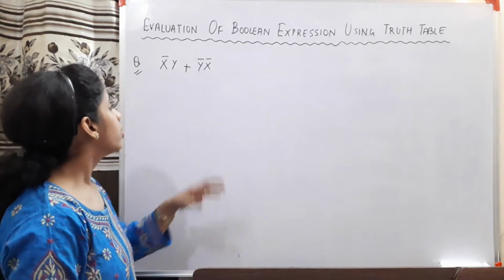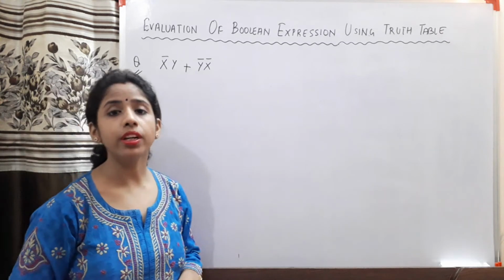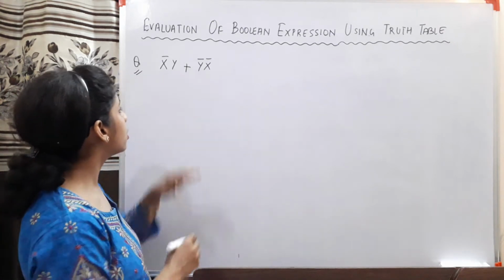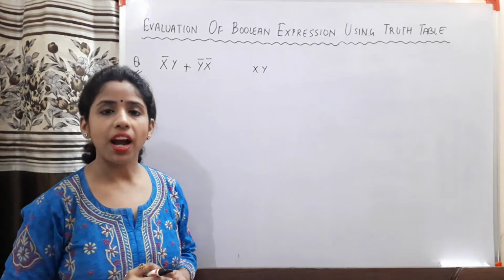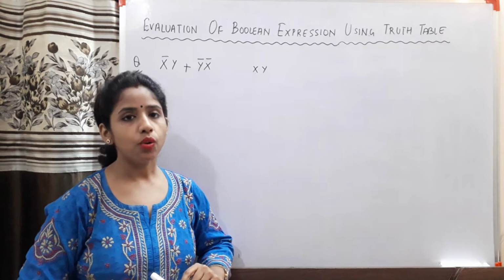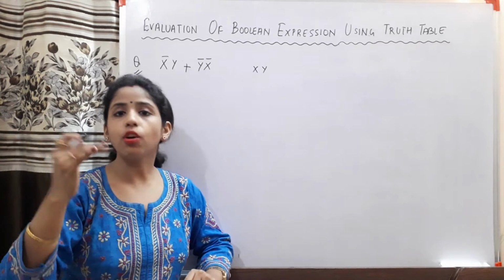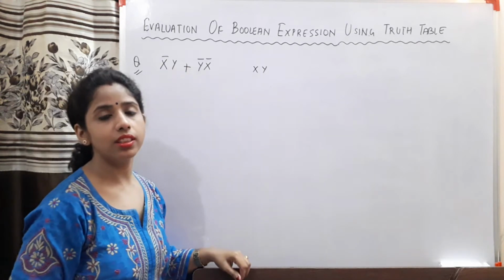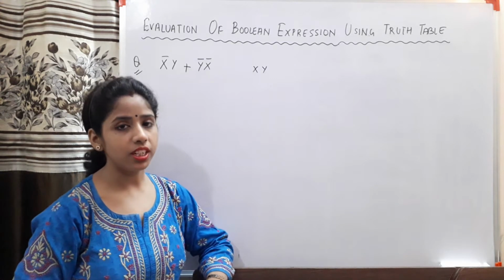So children, remember that whenever you do this type of question, first of all you have to monitor how many different types of variables are present in the given question. Here you can see that you have a variable x and another variable y. Apart from these two variables, you cannot find any other variable present in the expression. It does not matter whether the state of that variable is barred or unbarred. You have to simply see what variables are present in the expression. So there are two different variables present in my expression.